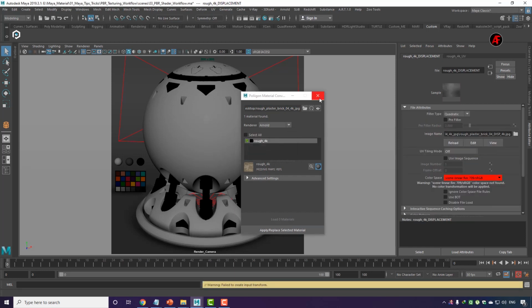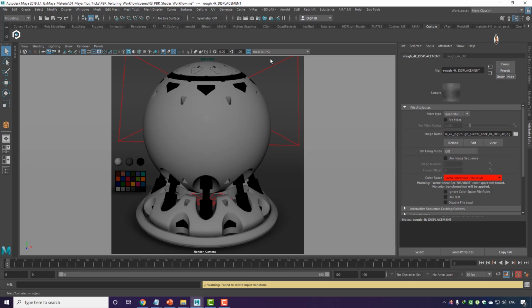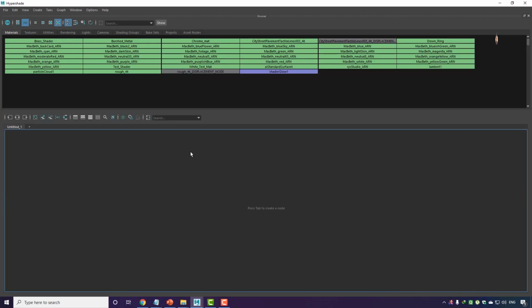and now you can see that it loaded the material successfully. Okay, now guys, again I'm using ACES workflow, so I'm having this color management issue, so I need to correct that. And first of all, I just need to look for that roughness.